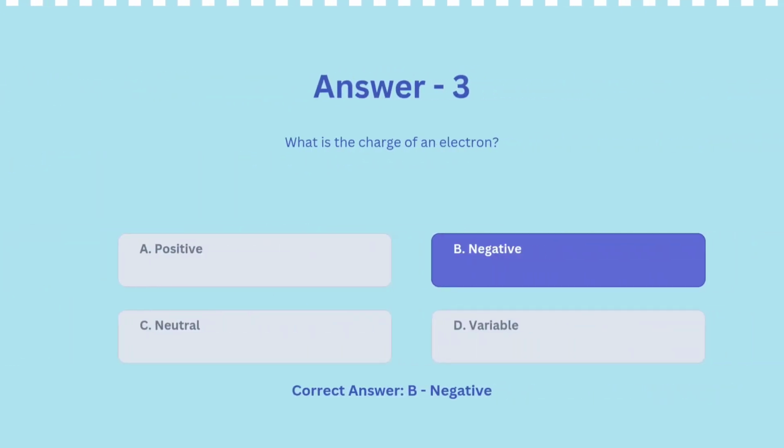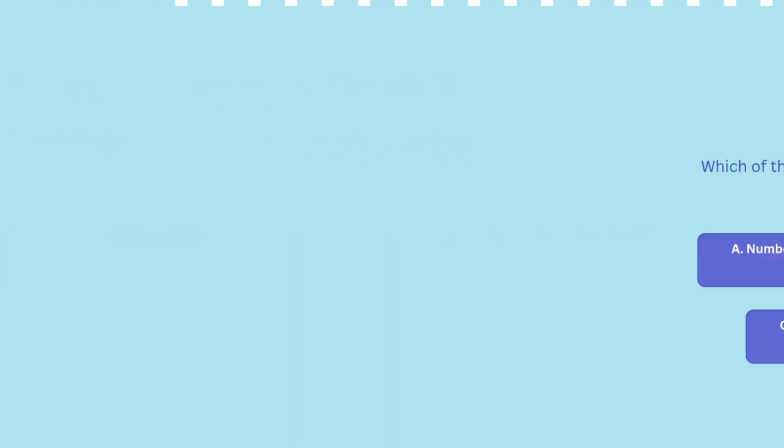Well, that should have been easy. The answer is option B, negative. The electron is orbiting around the outside of the atom, and it is always inside the orbit due to angular momentum that is working even on small scales. It is also a major part and determines if it's an ion or not.